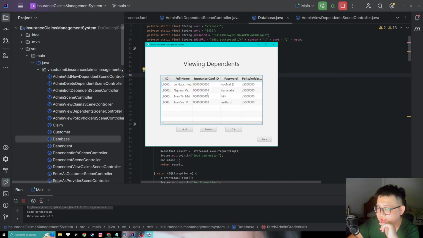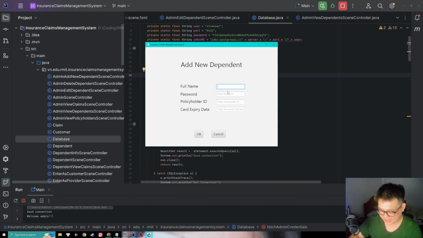Okay, so it's showing here that I have 4 dependents in the database right now, and yes, we can do CRUD operations on it. We can add, we can delete, and we can update. I kind of put edit there. I don't know why I did that, I just forgot the word update. We can add,